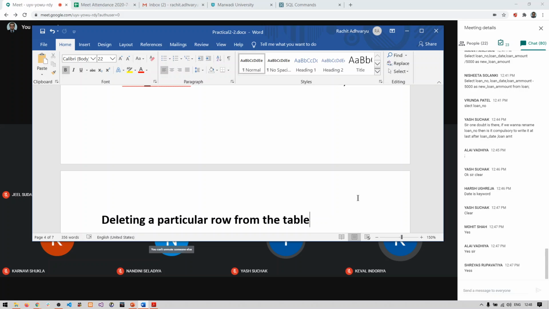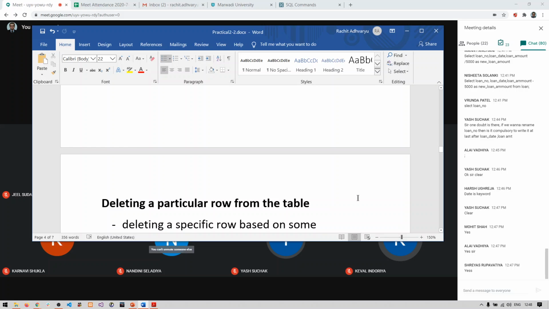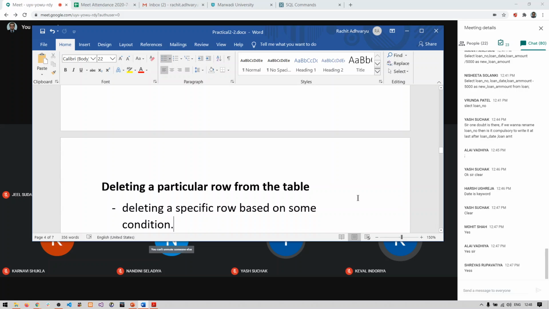Deleting a particular row from the table means you are going to delete a row based on some condition. Students, we also know that whenever we are using the update command, we write down the condition so that it updates only those values wherever it is required.